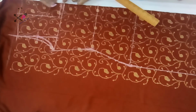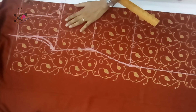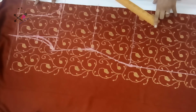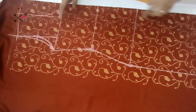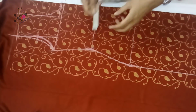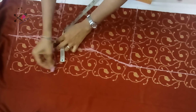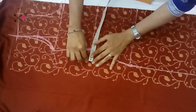So this is optional, you don't really need to mark it unless you are cutting it. So here we are not cutting it, I'm just showing you how it will come out to be. So this is a somewhat simple method of marking your kurti or suit, and we'll be taking 2 inch for the side seams because this is a woolen fabric